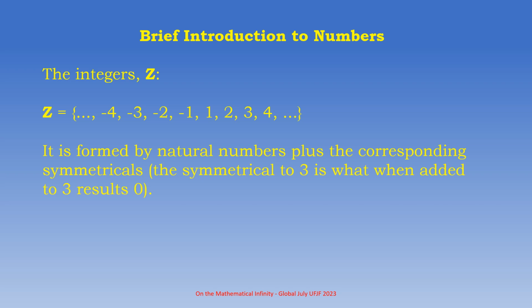But let us define the integers. The integers is the natural numbers plus their negative counterpart. Just that. You can, of course, define it formally, but basically it is formed by all natural numbers plus the corresponding symmetricals. The symmetrical of number 3 is the number such that if I add this number to 3, it will give 0, which is some other element that I can define, such that the operation already defined, which is the addition,